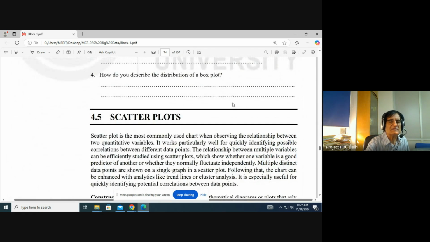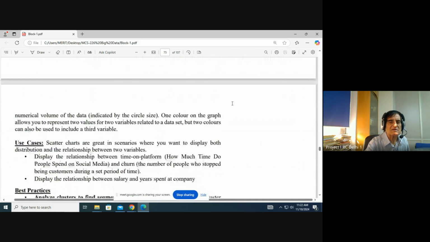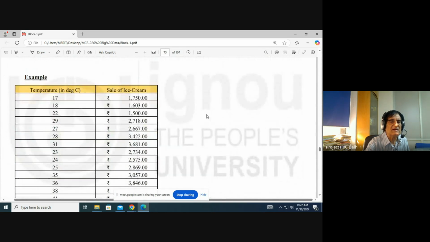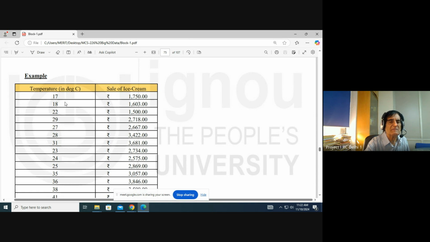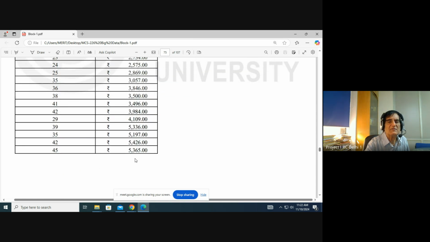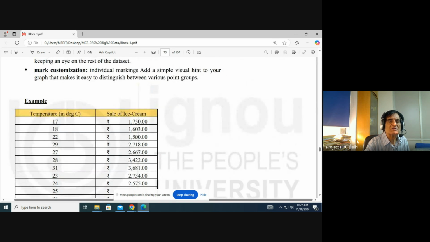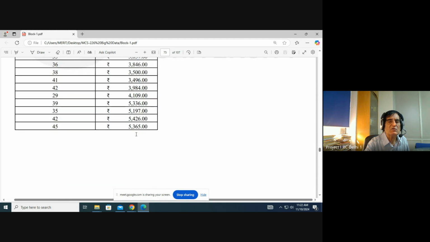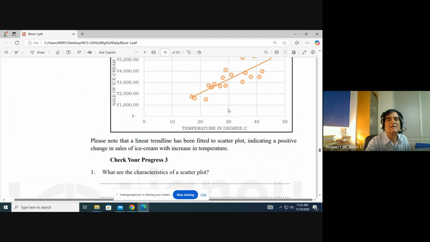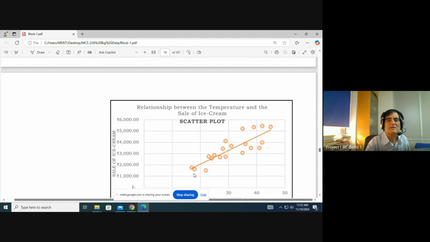So you can say then scatter plot. Construction of scatter plot: temperature and sale of ice cream. How much ice cream sells at different temperatures, and at 45 this much sells, and 1750 to 5362, but at 42 it is 5400, whereas at 42 there is a maximum sale. So that's where you get the plot, and this is the distribution curve. That type of scatter plot is there. So this is the type of, here the number of